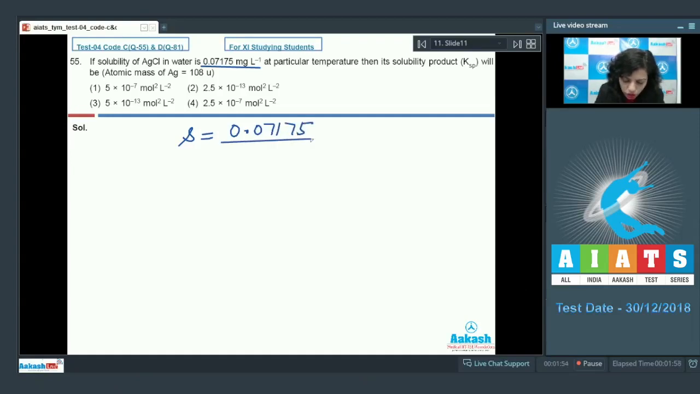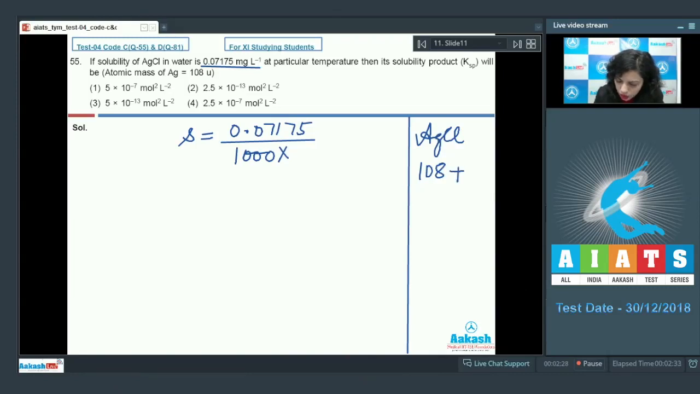That's why we'll change it into grams by dividing it by 1000. And further, we have to divide it by the molar mass of AgCl because this is the gram per liter amount and we need the mole per liter amount to find out the solubility. So here we just find out the molar mass of AgCl. It would be the atomic mass of this Ag, that is 108 U I'm taking here, and this is 35.5, that's added to give you 143.5. So this would be divided by 143.5. So this is the solubility